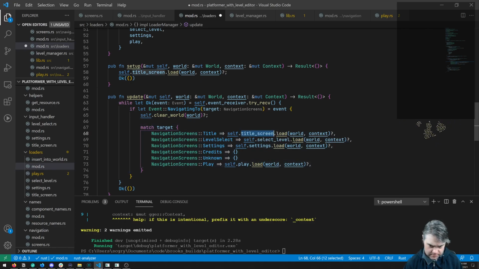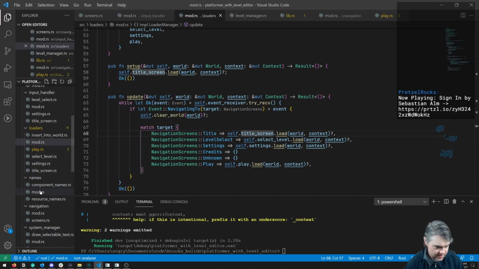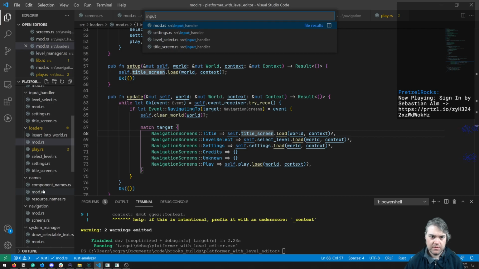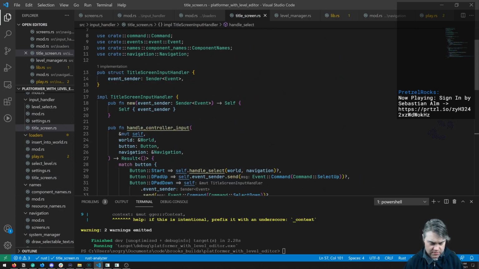Title. Whenever we want to go to, oh, we could do play, and then in our handle input, in title screen input handler, we can tell you